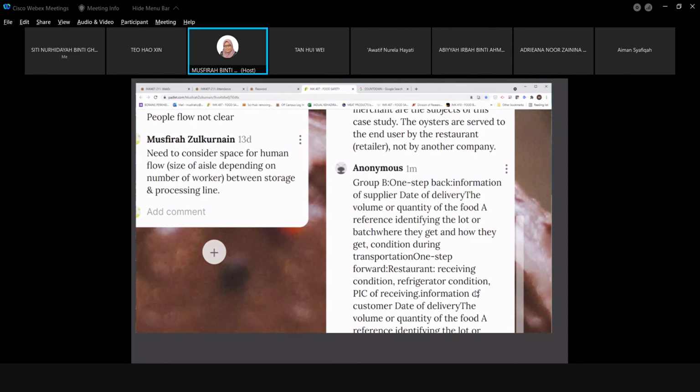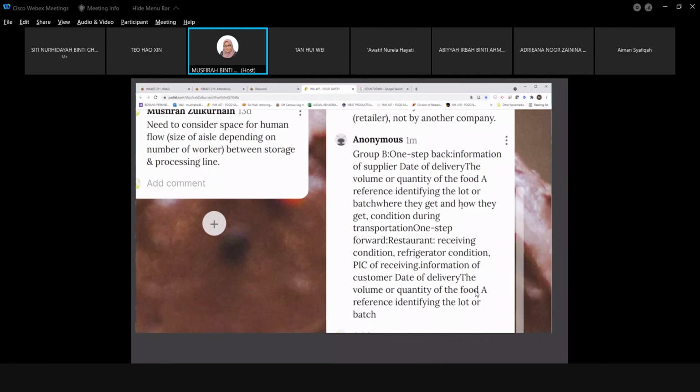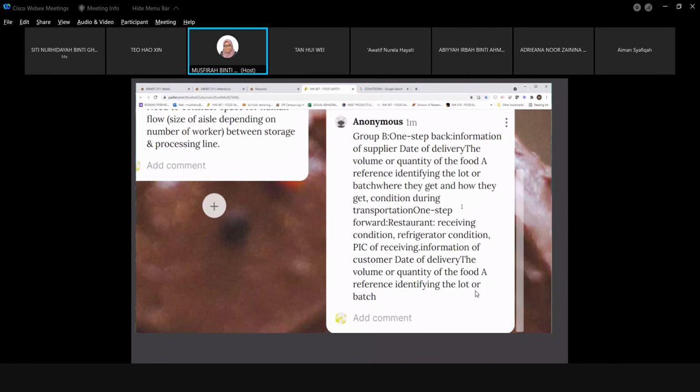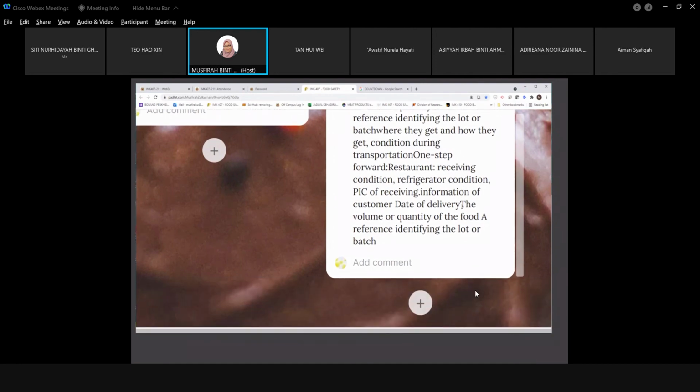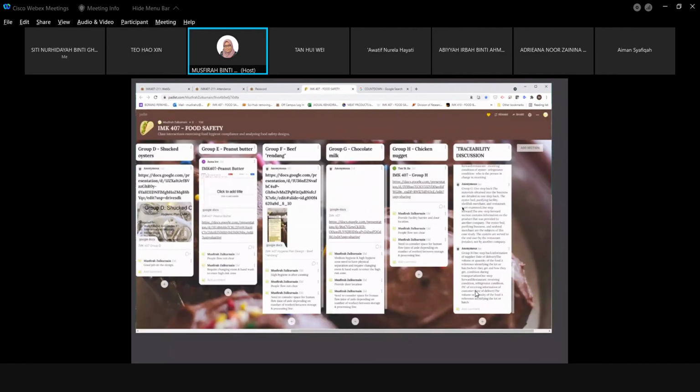One step back will be the volume or quantity, receiving, correct, condition during transportation. Yes, that's good. Okay, one step forward will be restaurant receiving condition. Yes, so this is also important, on the receiving side. Okay. All right. Okay, thank you very much